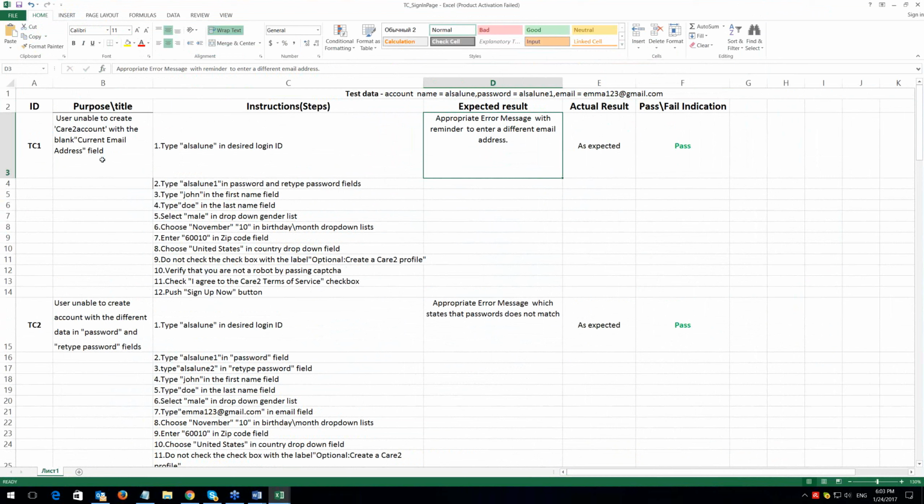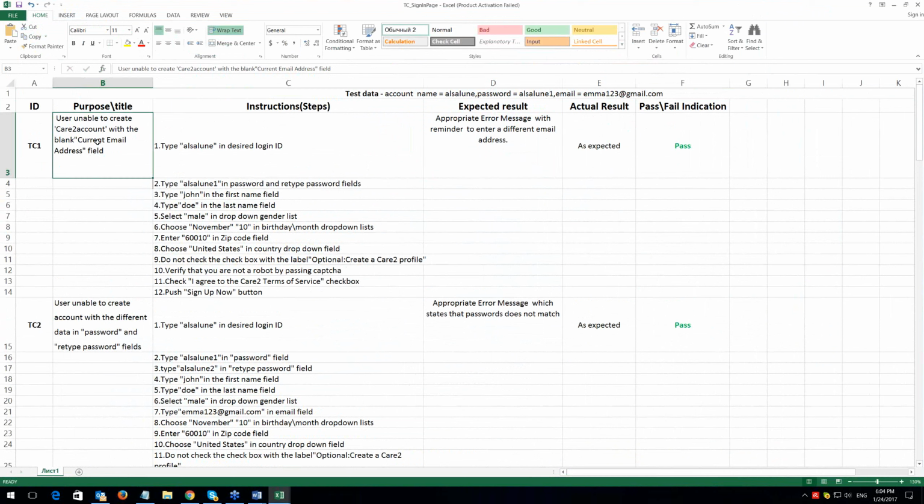What are those test cases dedicated to? I see the title of this file: test case sign in page. Okay, but when we are talking about sign in, is it the same as sign up, or the same as login?